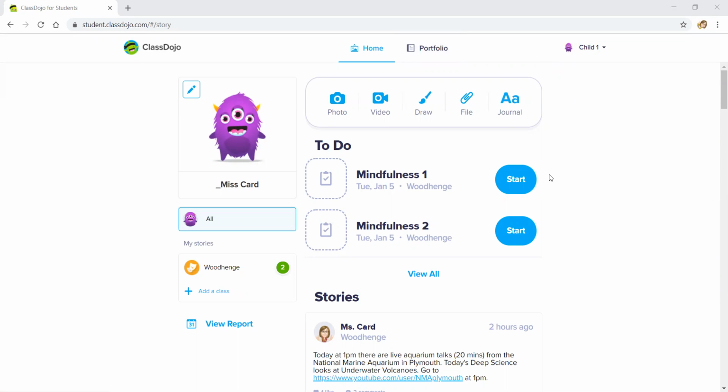Okay, we're back to have a little look at Class Dojo about what you can do from the student account if you get sent back some work that you need to have another look at, maybe a draft that you need to edit, or maybe some work you need to improve or take a second look at if you haven't quite got it right. So on the student account, which is where I am here, you need to click back